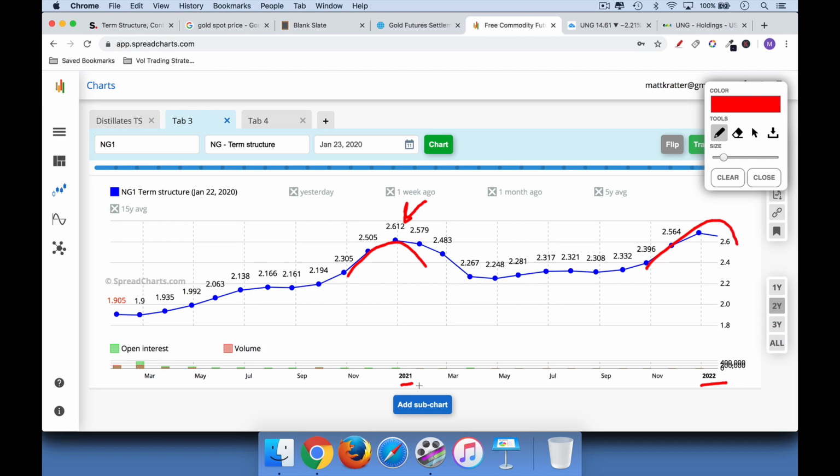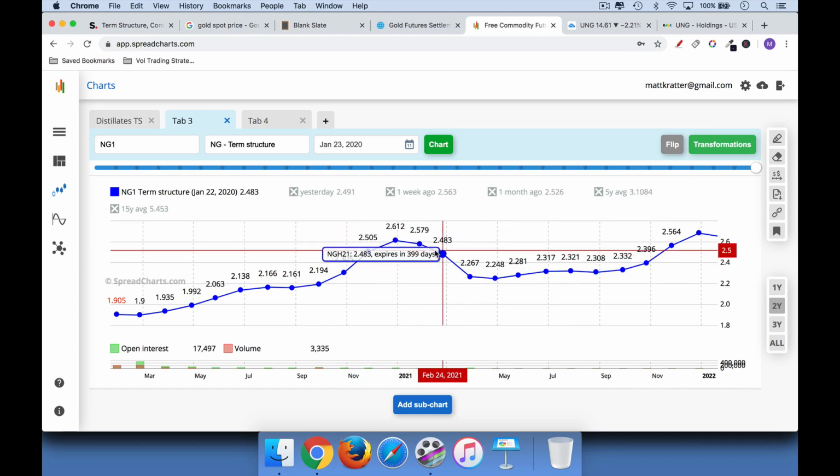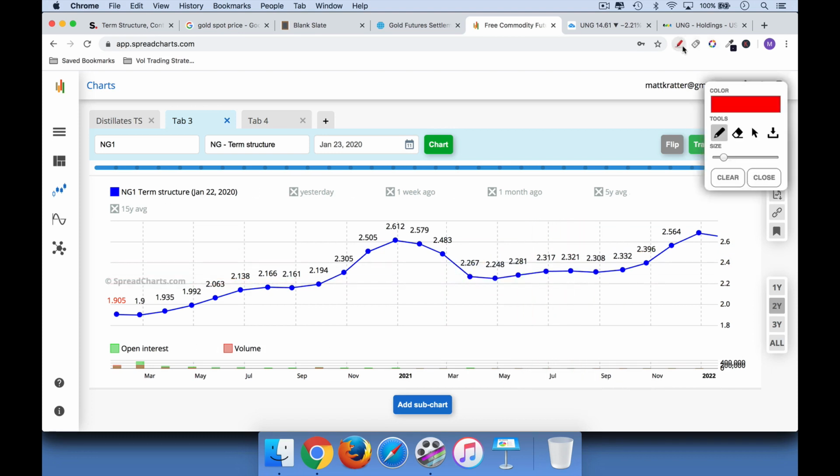You don't really use natural gas to air condition your house, but you do use it to heat the house. And as a result, what the market does is it prices in higher natural gas prices in the winter than in the summer months. Now you can see here what the market is pricing in is slowly higher natural gas prices. And again, this is because of what we talked about, storage, insurance, and opportunity cost. So if I want to buy some natural gas here and I want to sell it in the future, maybe sell it in the winter of 2021, I will need to store it. I will need to pay for storage costs, insurance costs, and then there's the opportunity cost of having my capital tied up in that natural gas.